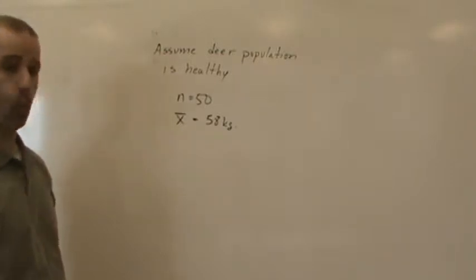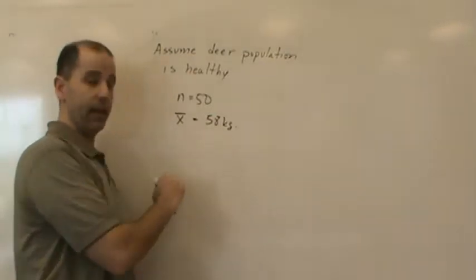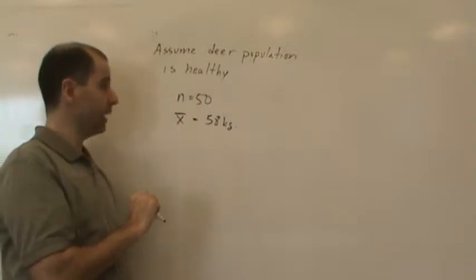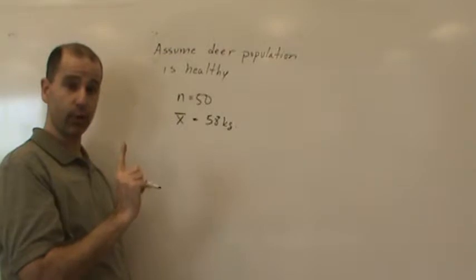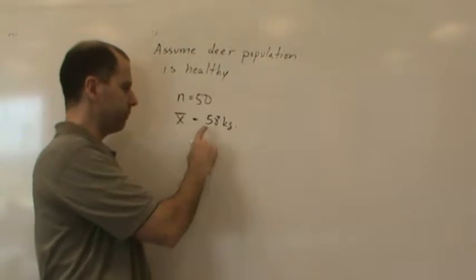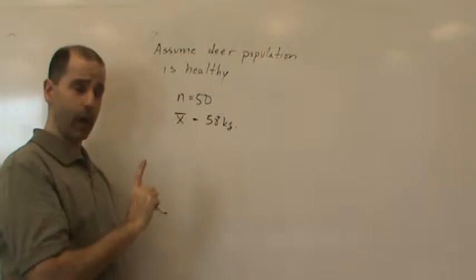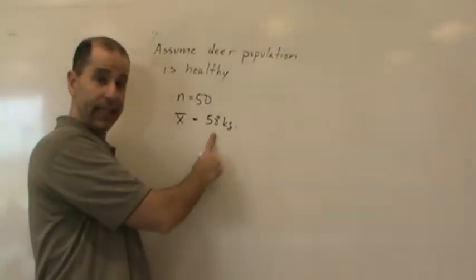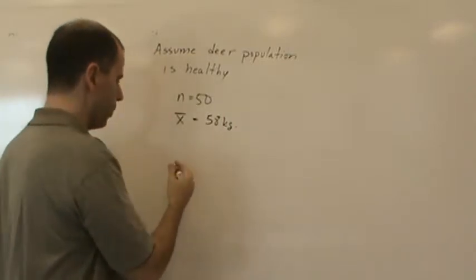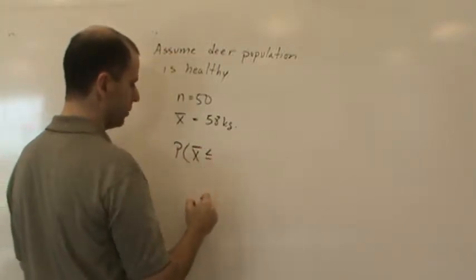Well, what we would say is, what is the probability of getting a sample statistic that is equal to that or more extreme than that? Which means, since our rule is less than or equal to 60 kilograms, what if we find the probability of getting a sample statistic equal to 58 or less than 58? And so what we can do is find the probability that X bar is less than or equal to 58,